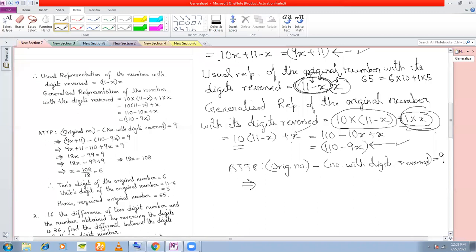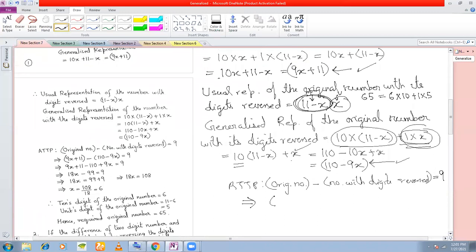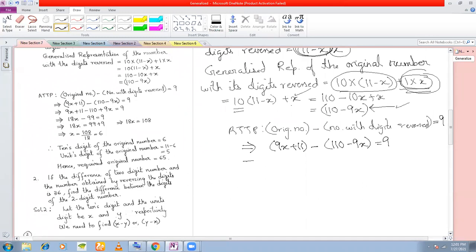What is the original number here? Original number is 9x plus 11. And number with digits reversed is 110 minus 9x, and the difference is equal to 9. So we are getting a linear equation here, which we can solve. 9x plus 11 minus 110 plus 9x is equal to 9. Okay, so you get 9x plus 9x, it will give you 18x, and minus 110 plus 11, I think will give you minus 99